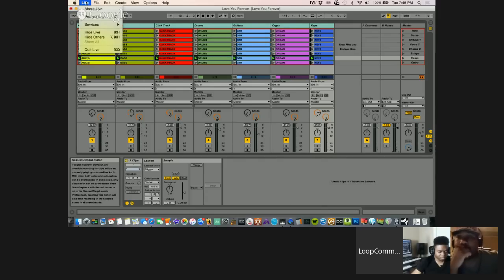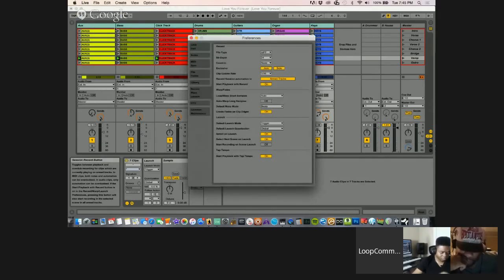There's a setting here inside of preferences called auto warp long samples. If you're just getting Ableton, you want to go in. The first thing you want to do is turn this off. What this setting does is it automatically warps the files as you bring them into